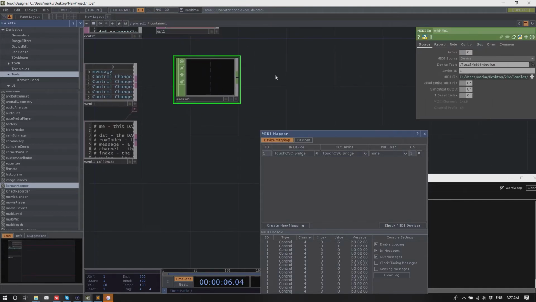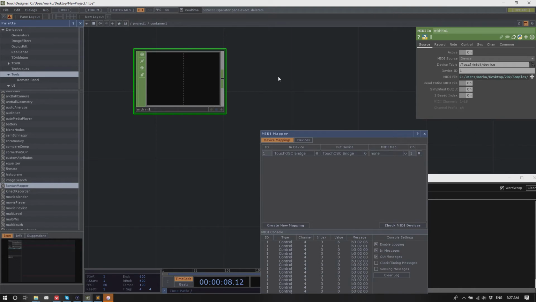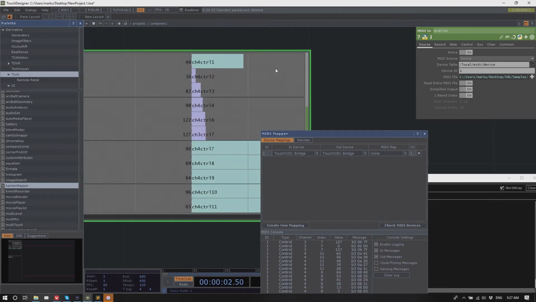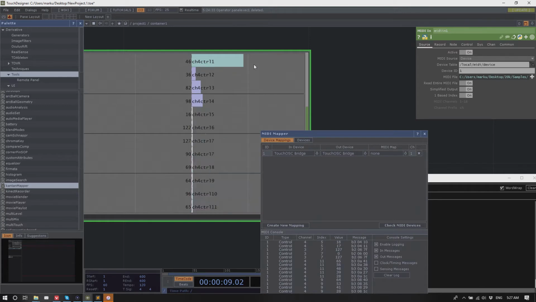And the MIDI In CHOP, whenever I control a new slider or something, a new control here, it comes in with the MIDI channel and the control change or note or whatever you're actually sending. Nice and simple basically.